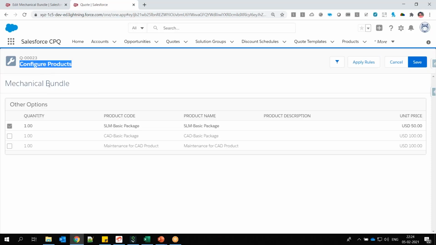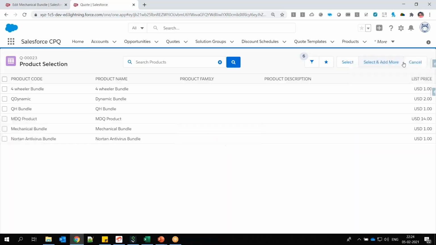Why do we need this Configure Product screen only for the bundle? If you have a standalone product, a single product, I mean, then you don't need any screen. You can directly select it and that's it. You don't need to reconfigure that. The reconfiguration screen you need only for the bundle product. That's the first thing. Now coming back to